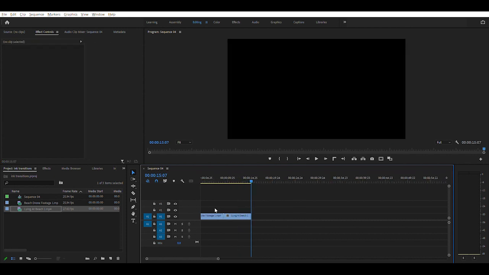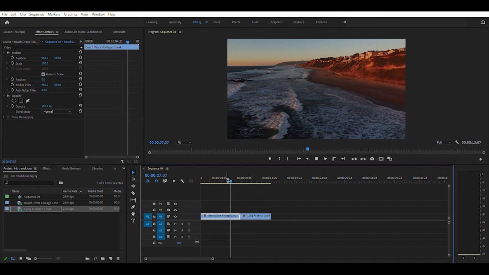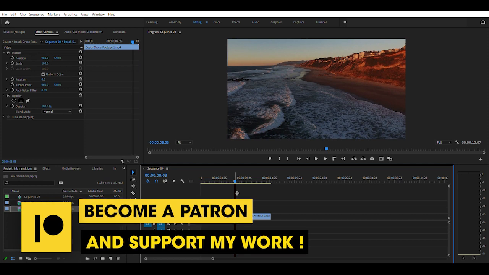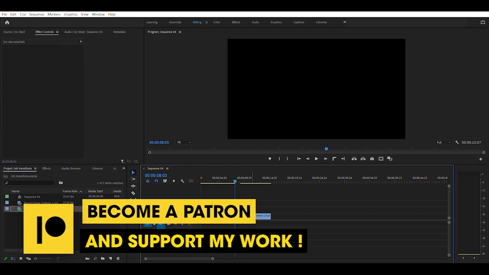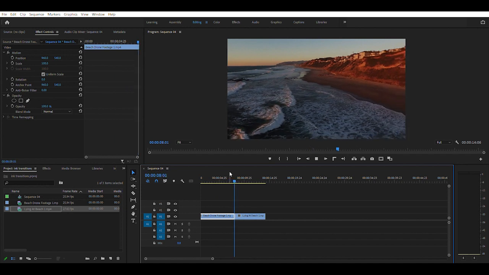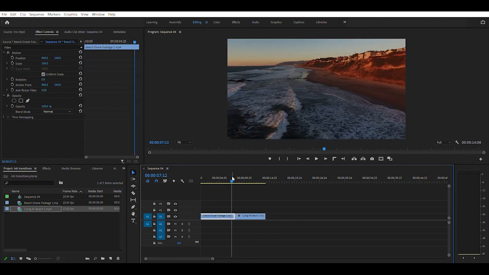So now we have both of the clips imported and rendered on the screen. As you can see, it is playing right now. And let's remove the last part. Now let's check this out. The transition is a jump cut. So this is called a jump cut, where you just keep the footage side by side. So that is not so interesting, but that is not the whole purpose of this video as well.